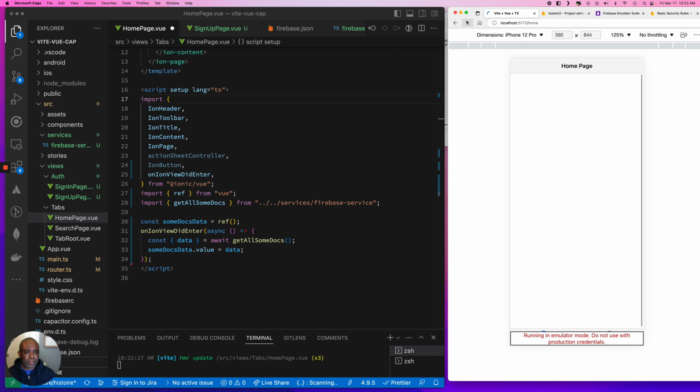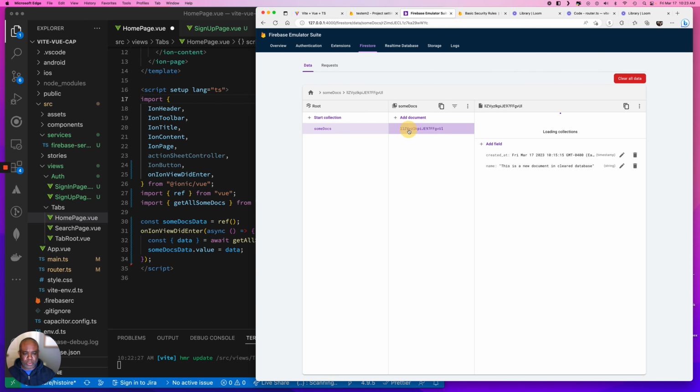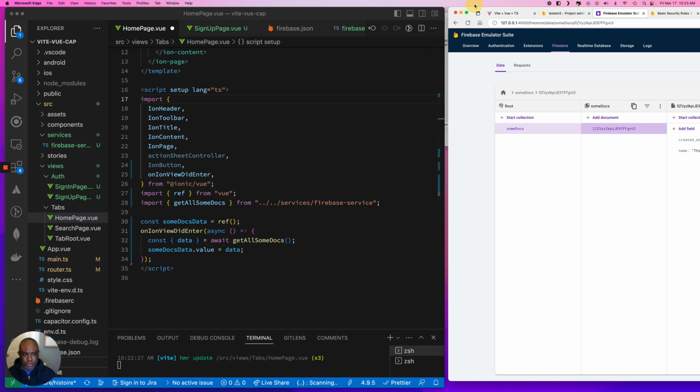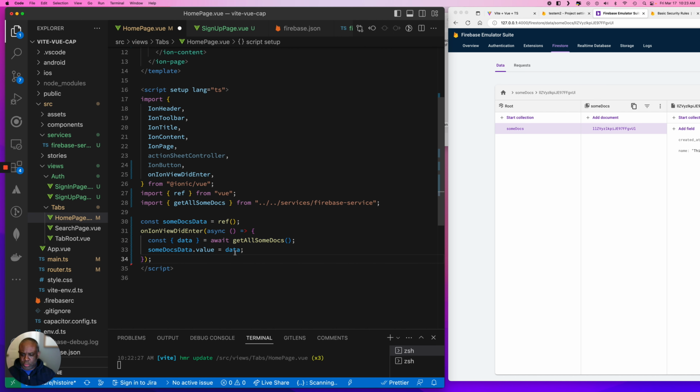Okay, now, so there's my data. I only have one document in there, and that's it rendered. Let's go to our suite and look at our document to make sure. So this is our document, so it's showing our one doc. So you saw how it allowed me to access that document without checking for any authentication state. So what we want to do is add some Firebase rules to only allow you to get this if you are logged in. And in order to do that,